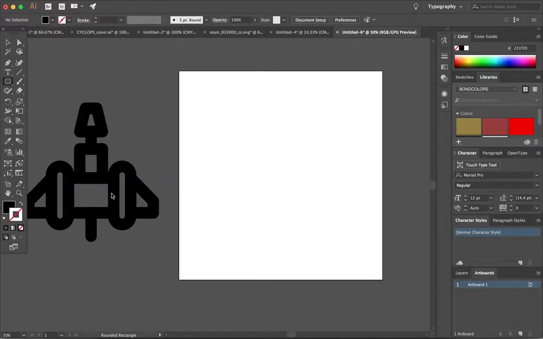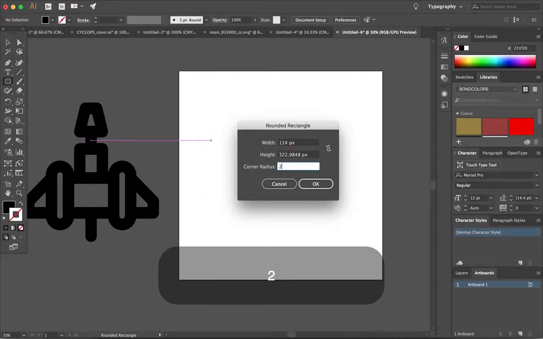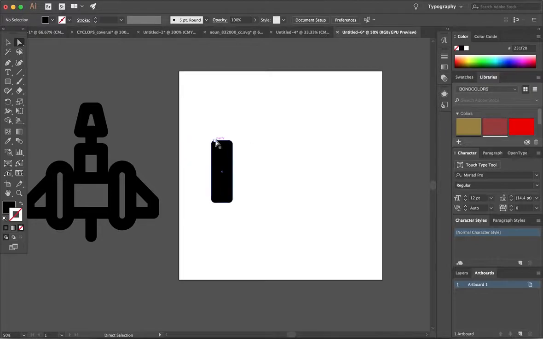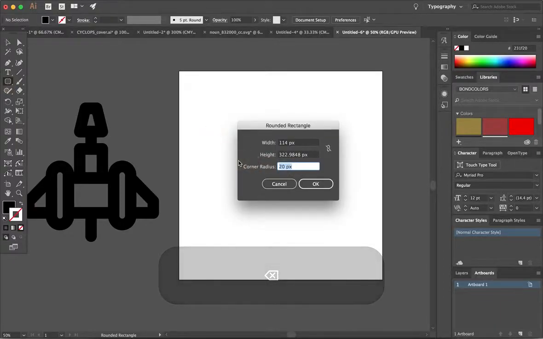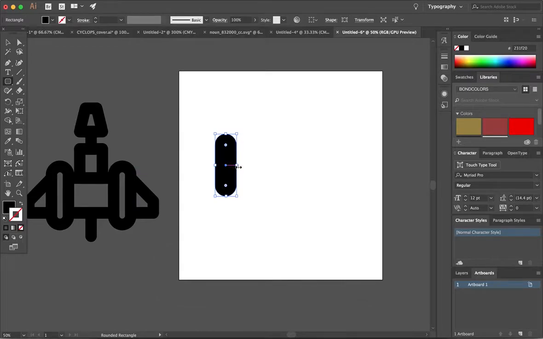The way you achieve that is by double-clicking on my canvas. You will most likely get something that looks like this. We don't want that, right? Because these corners are very small. So again, double-click. I'm going to make this corner radius 80. There we go. And I don't want my shape to be filled, so I'm going to change it to my